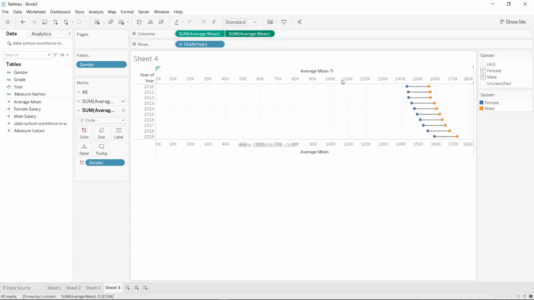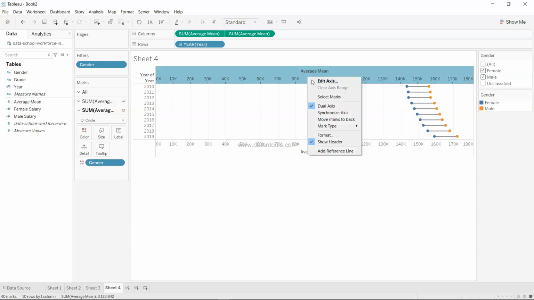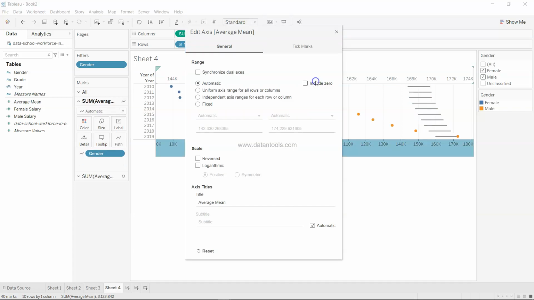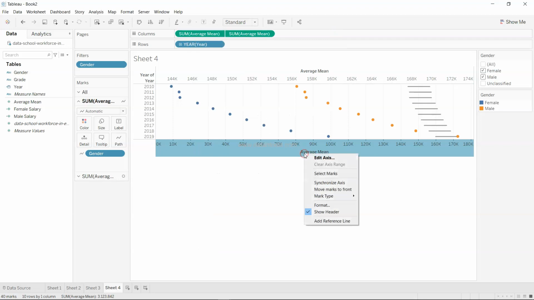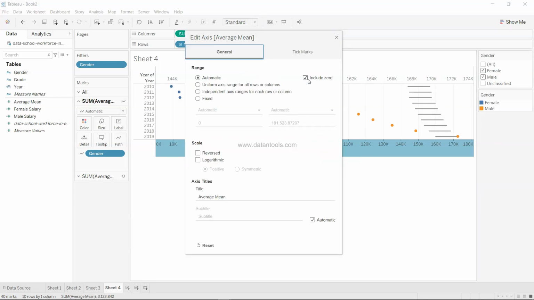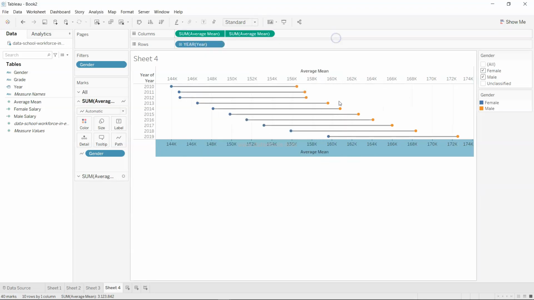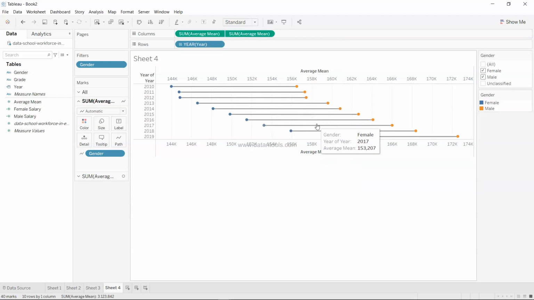But then this looks like a very white space area that is being left out. So what we do is right click, click on edit axis, use this option, uncheck include 0, right click again, edit axis, uncheck this,